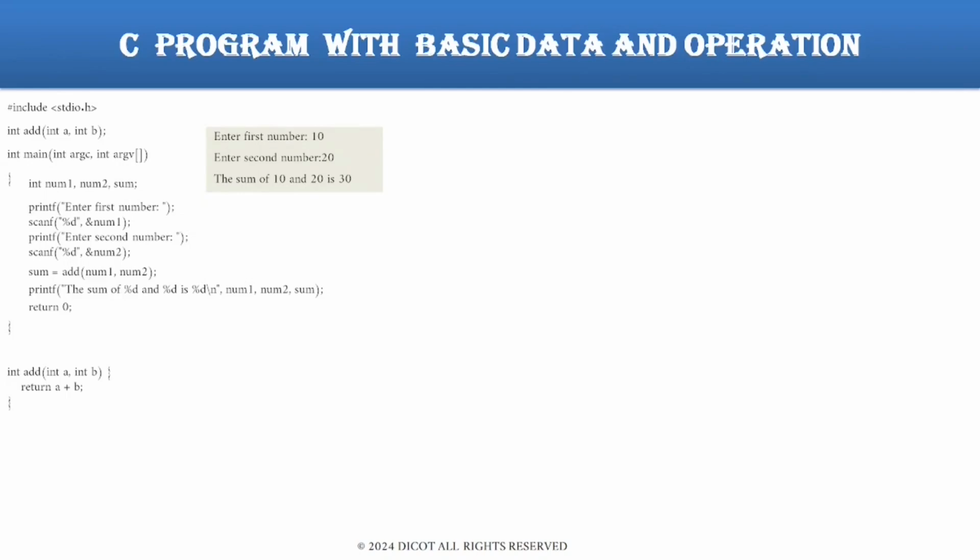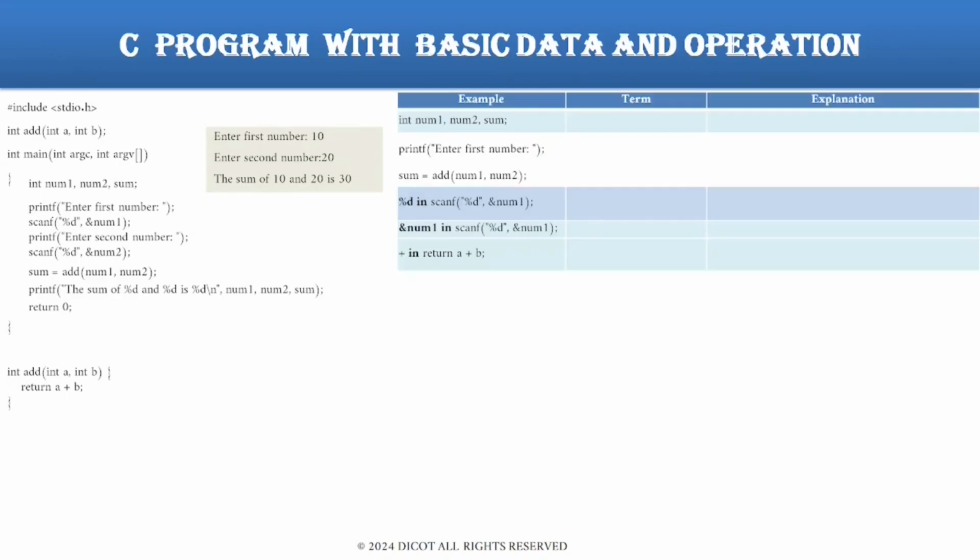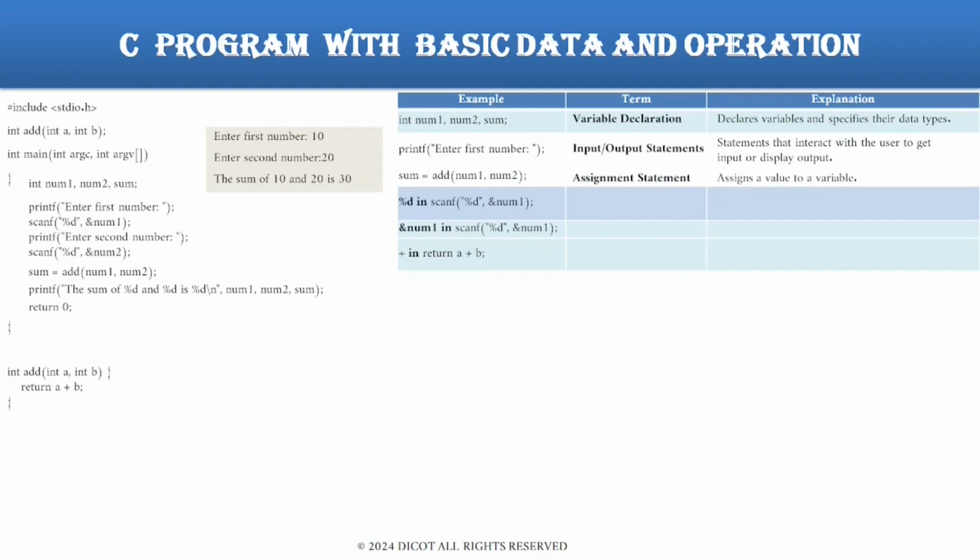Now let's see some technical terms and their explanations. Variable declaration declares variables and specifies their data types. Input-output statements are statements that interact with the user to get input or display output. Assignment statement assigns a value to a variable. Example: sum assign